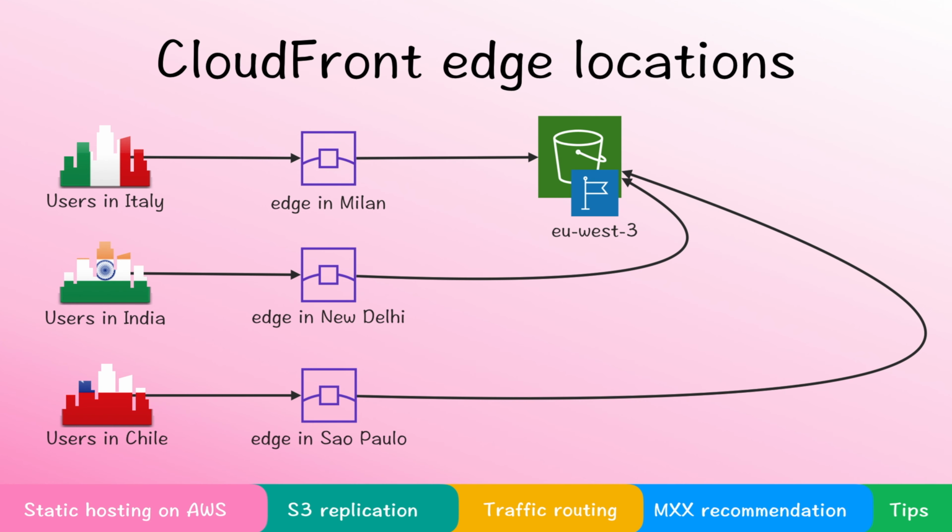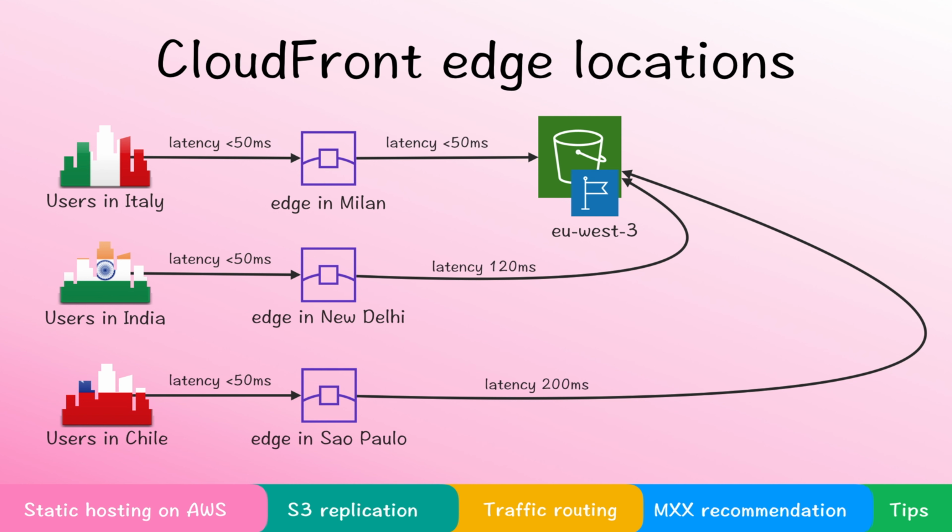There are edge locations. So CloudFront is not a central server. It's a distributed system. CloudFront consists of hundreds of servers around the world, and each of these servers is like a small edge of the CDN. So every edge can perform caching and also every edge can deliver objects to the end users. This way edge locations are really close to end users, and usual latency between the end user and the edge location is less than 50 milliseconds.